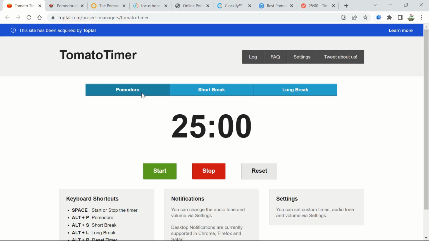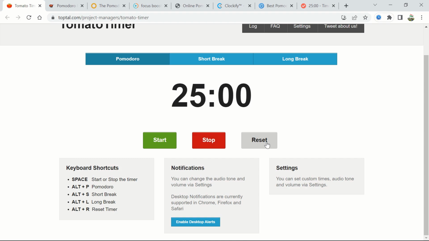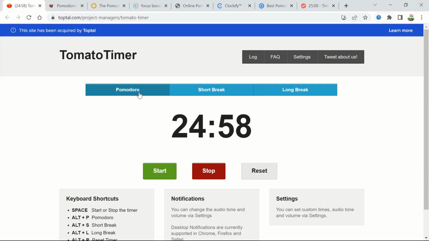In this Tomato Timer, we have three things: Pomodoro, a short break, and a long break. The moment you begin, the timer starts ticking. You can stop it, and then the timer will pause. You can even choose to reset it and then start it manually. You can begin with a Pomodoro of 25 minutes, a short break of 5 minutes, or a long break